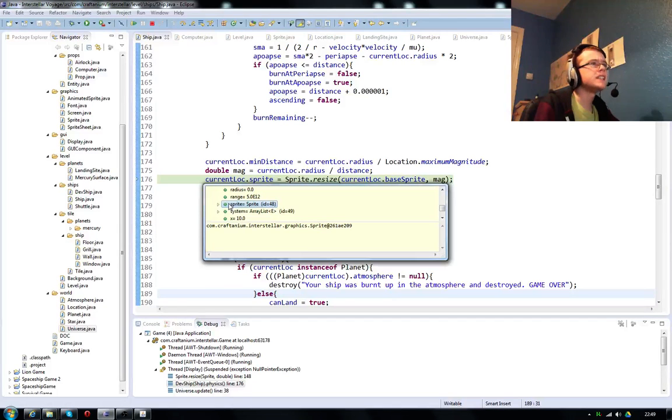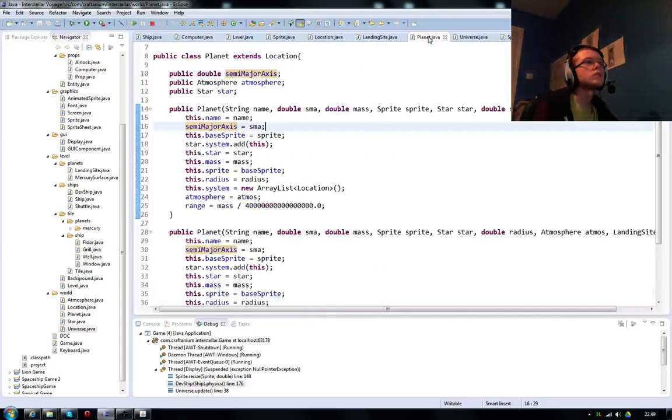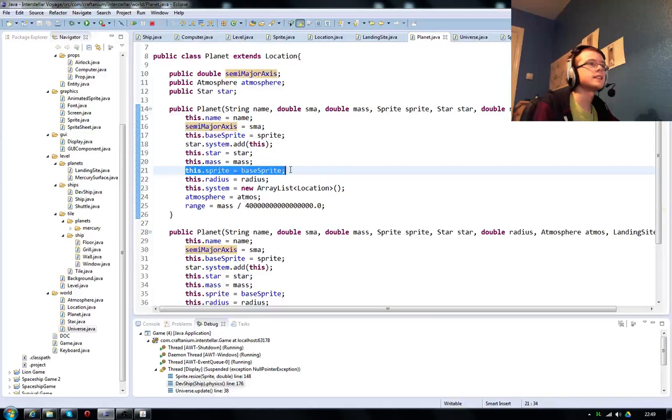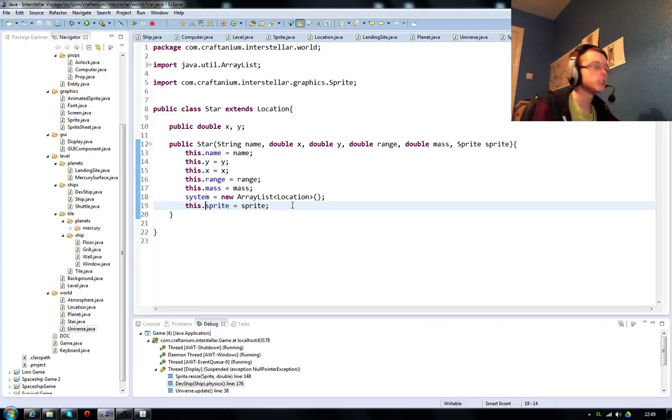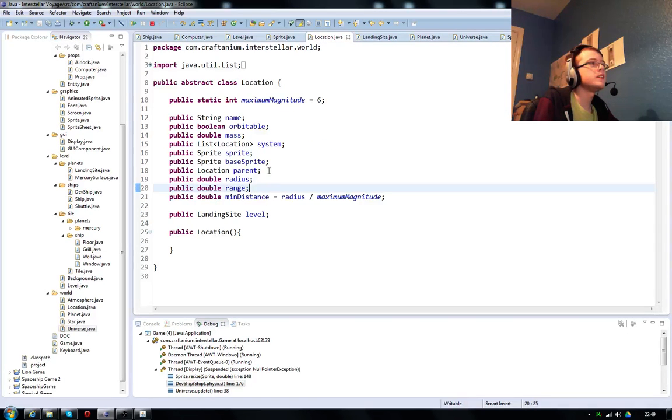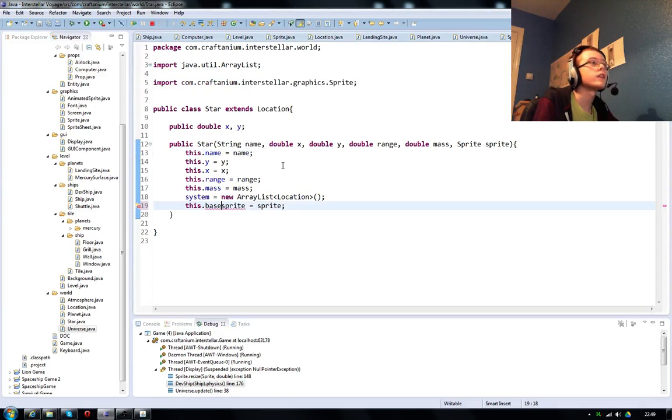Look at base sprite. What's that supposed to be? Oh, wait. Hold on. Ah, yeah, it's because sprite, the actual field sprite, is a sprite after it's been resized. There needs to be a sort of base sprite, which should probably exist here if we're going to be using it in multiple locations. So, oh wait, no, we do have it there. Okay,